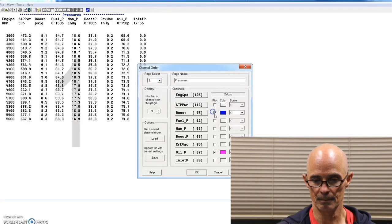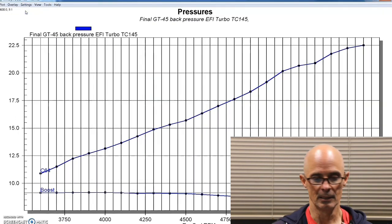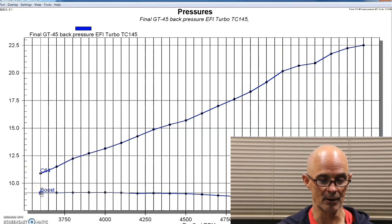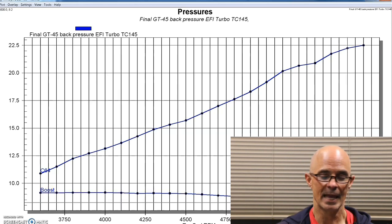Grab our boost pressure, get rid of oil, grab our back pressure channel. Boom, we got that rolling. So now take a look at these two. It would be nice if these were the same or the boost pressure was actually above the back pressure, but that's not the case. This lower graph is the boost pressure, starts out at 9.1 pounds, falls down to 8.2